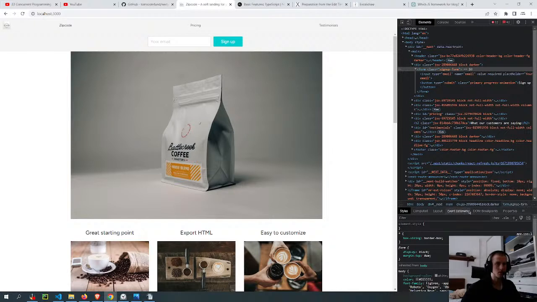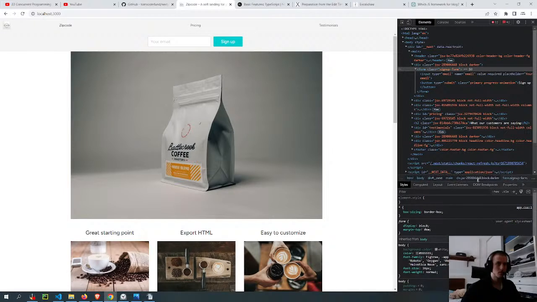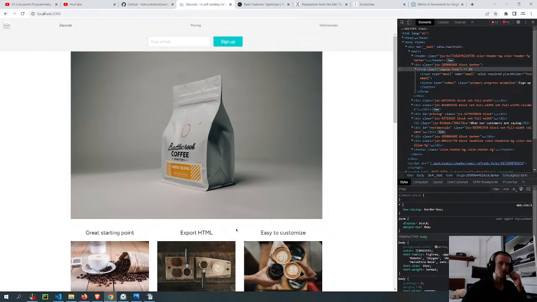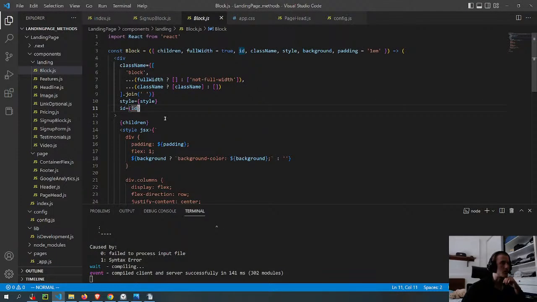I think it is. I think it's this CSS here that is creating the thing here.